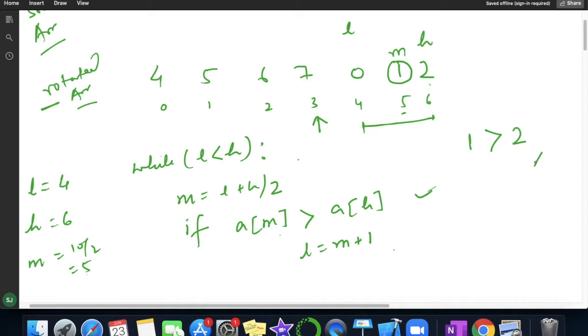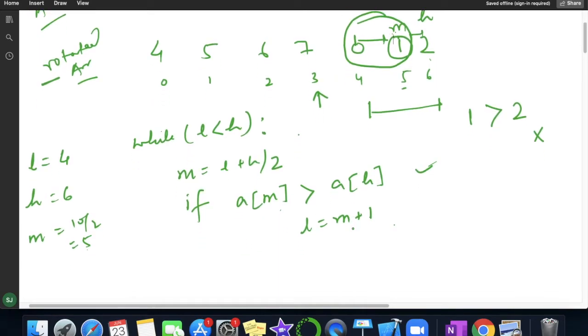No, this is wrong. So what we have to do, if you see here, this was the very first section. Now we are divided into two sections, this one and this one. Now this condition is false, means we are interested in only this part. So what we have to do here, I'll keep my low as it is and my high will be changed to mid. So we'll change the condition here,